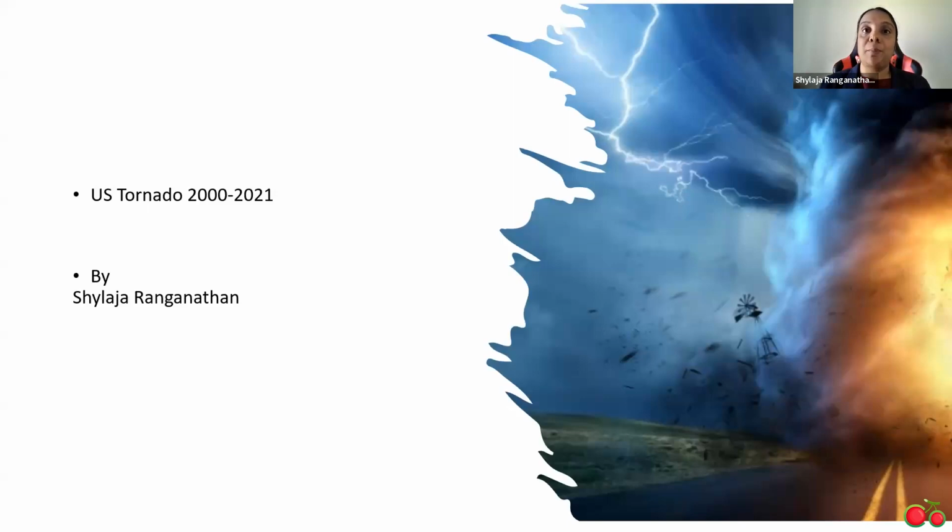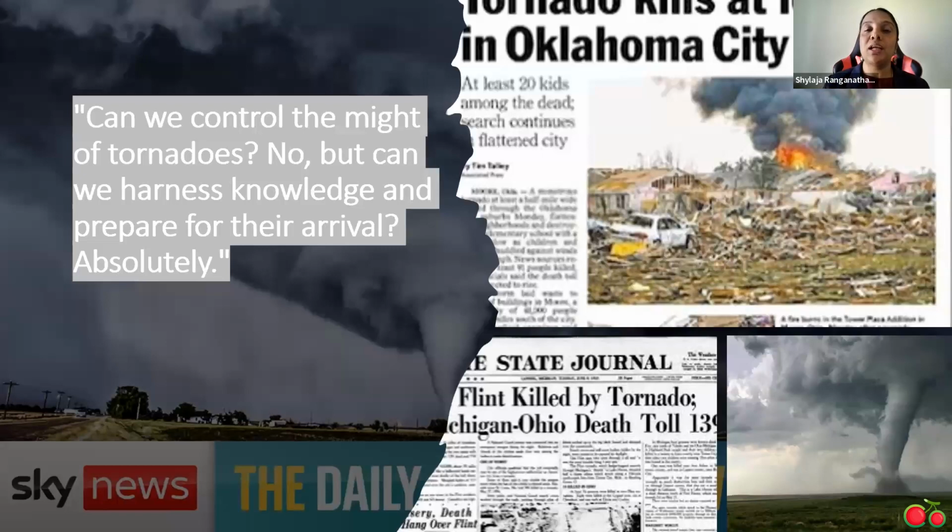Today I'll be presenting my Power BI project on US tornadoes from the year 2000 to 2021. From my childhood, I was always captivated by the news and stories of these tornadoes. I remember flipping through the newspapers and seeing the images of large buildings and towns torn apart by these tornadoes. I was wondering about the incredible power of these storms, and the impact they cause always stayed with